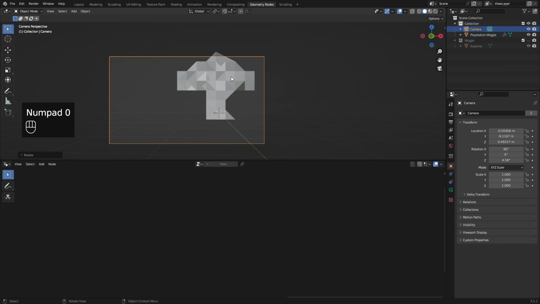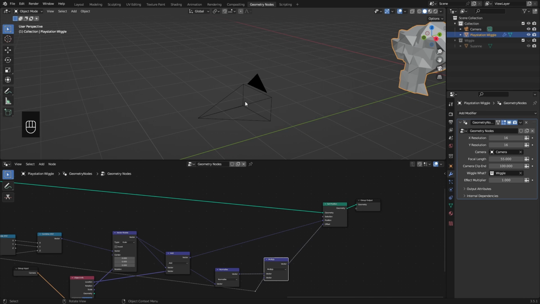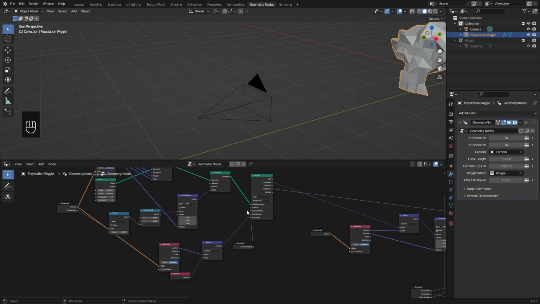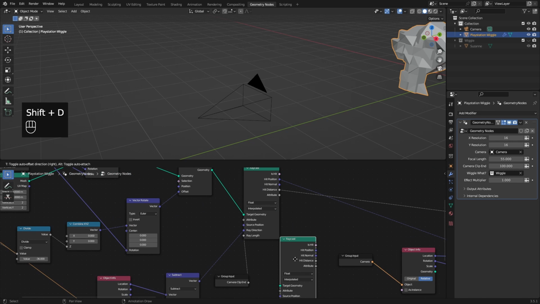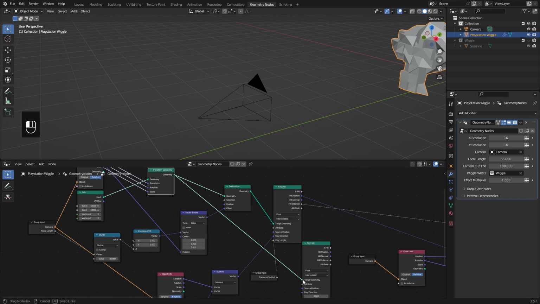So we need to find a way to tell it, to figure out whether or not it's behind this camera spot. And the way I found to do that is actually go back over here. We're going to add another raycast. We're going to take our geometry from before we set it to the front of the camera, from back when it was over here, into the target. We're going to take the same